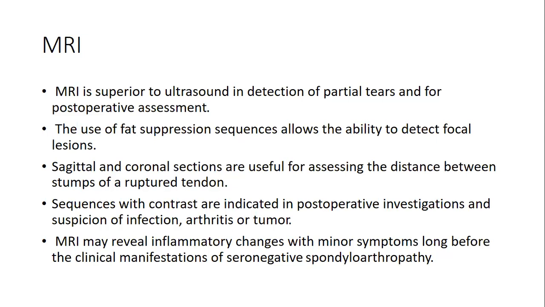MRI is superior to ultrasound in detection of partial tears and for post-operative assessment. The use of fat suppression sequences allows the ability to detect focal lesions. Sagittal and coronal sections are useful for assessing the distance between stumps of a ruptured tendon. So this actually is an important point, this assessment of distance between stumps, because when you rupture your Achilles,